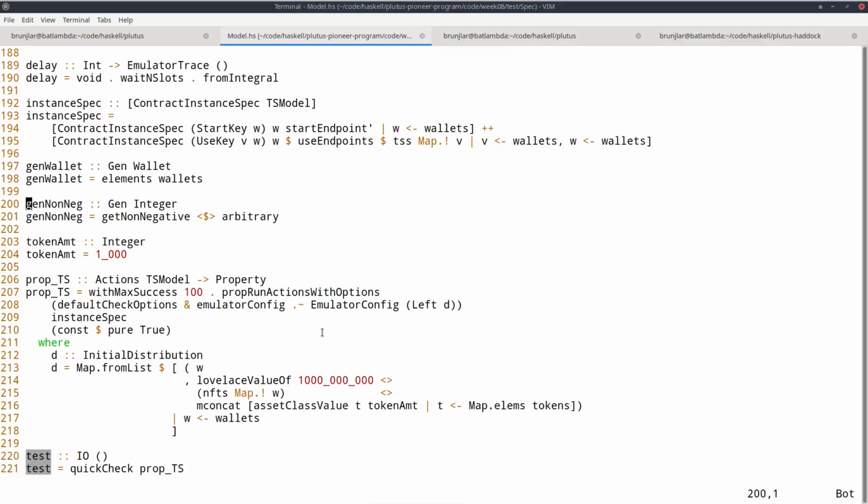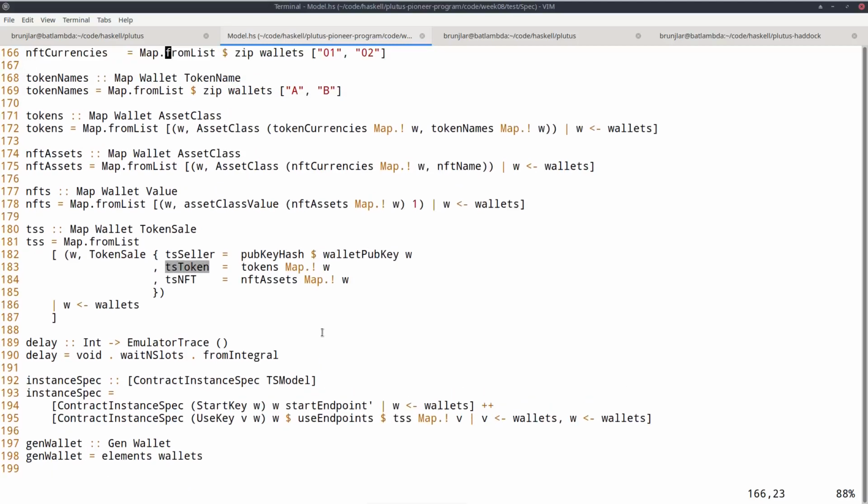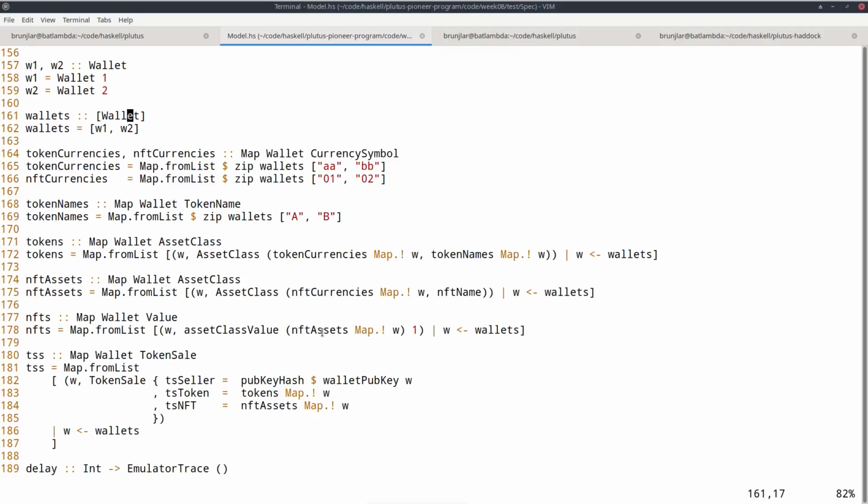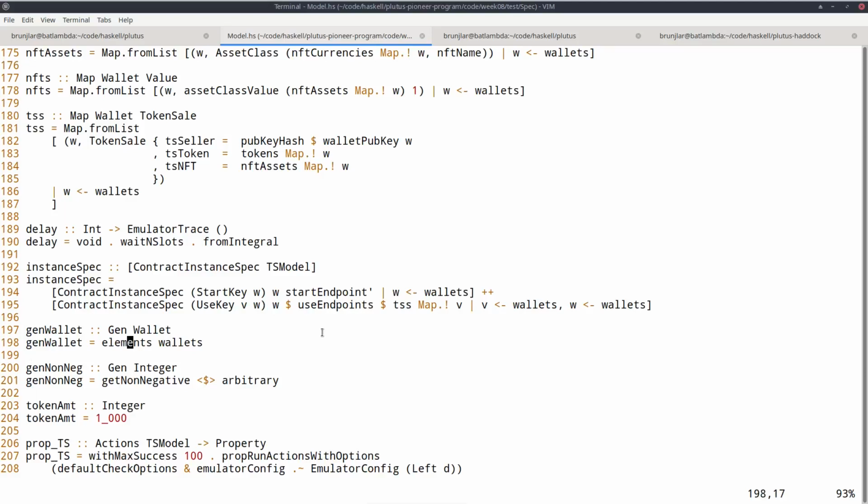This is here. So what this is supposed to do, it's in this QuickCheck Gen monad, this random generation monad, generate a random wallet. And how do I do that? I use yet another combinator provided by QuickCheck, elements, that simply takes a list of values of the type I want to generate and then picks a random one of those elements. So wallets is another helper I defined somewhere here. So wallets is just wallet 1, wallet 2, so it's just this 2-element list. So gen wallet will just randomly either pick wallet 1 or wallet 2.